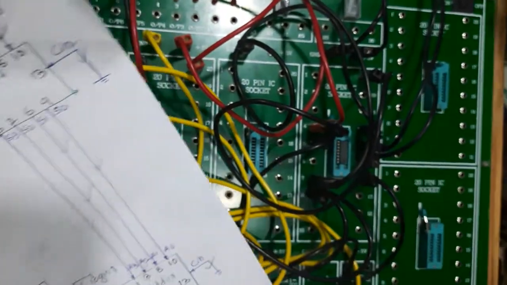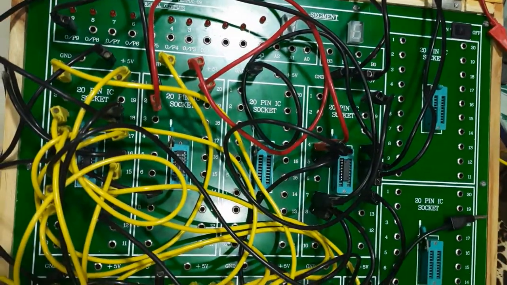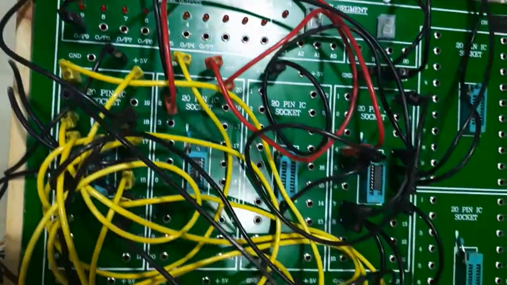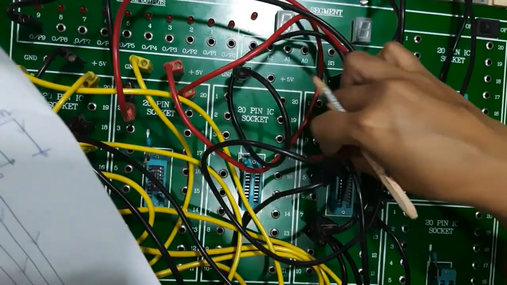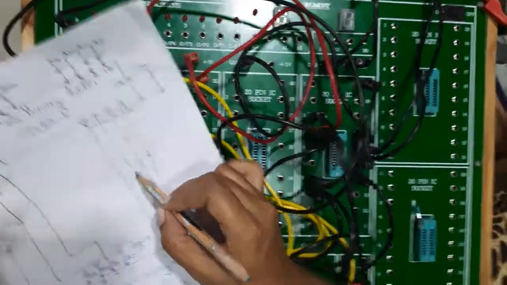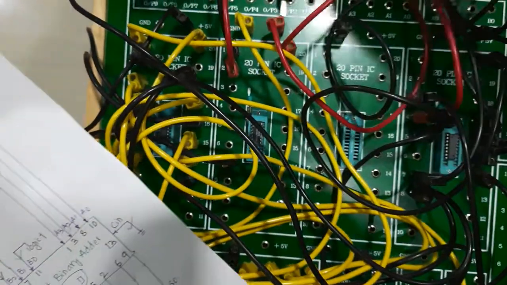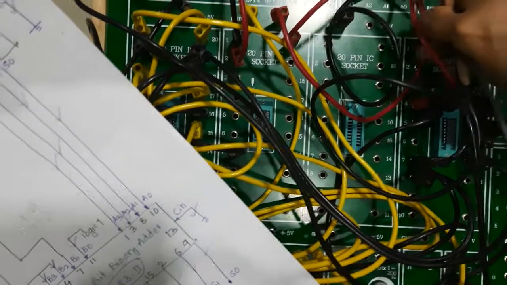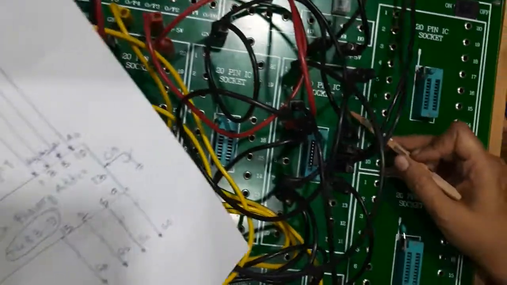Now the second pin of the first binary adder is to be connected to the third pin of the second adder. Now the 15th pin of the first binary adder is to be connected to the first pin. So this is 16, and this is the 15th pin of the first binary adder. It is to be connected to the first pin of the second binary adder. Okay. So all these connections are done. Already we are done with this. See, 13 pin, 14, 15, 16.